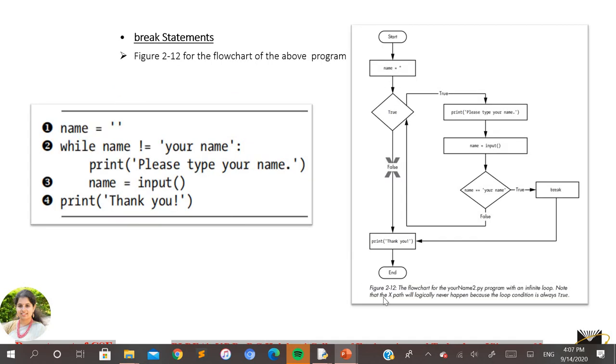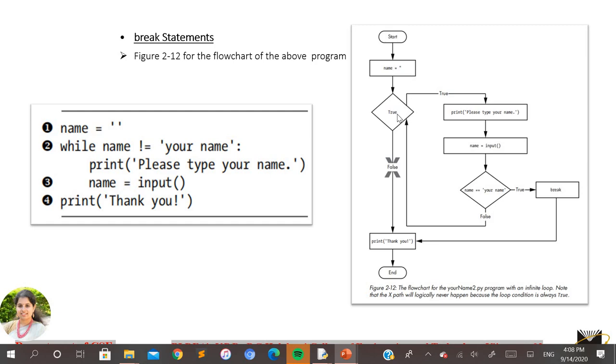The same thing has been explained here with a flow chart. For all the examples given in this chapter, everything has been explained with a flow chart, just to make you clear with a pictorial representation of how the break statement is going to behave, and how the loop behaves by using the break and the continue statements. Let's check how it behaves here.